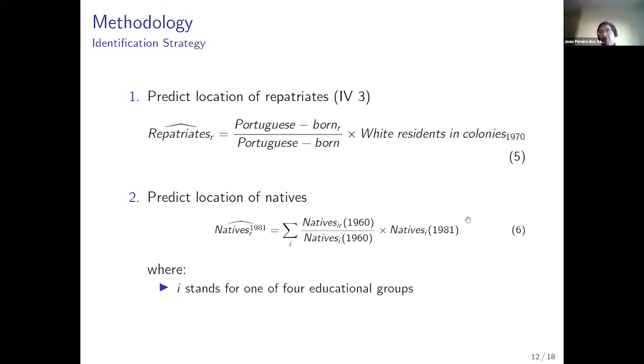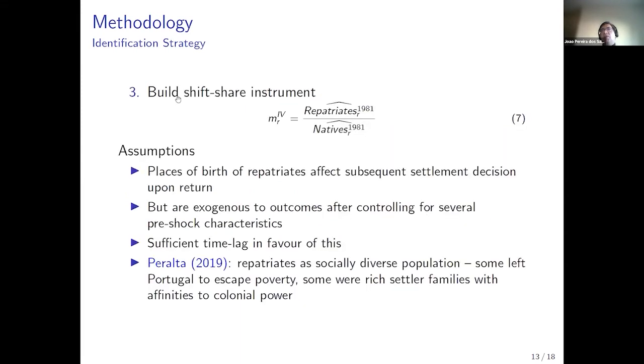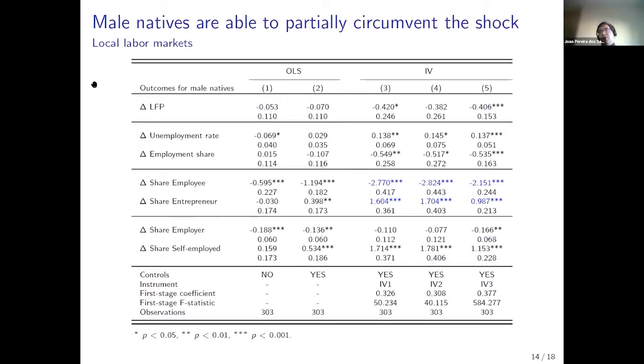This is going to be the same in the three IVs. So then we can build this shift-share instrument where we have our prediction of repatriates and the prediction of natives. So using this as our measure, what do we find? We find that a 1 percentage point increase in the share of repatriates will lead to basically a 14% to 15% increase in unemployment, a reduction of 0.5 percentage points, and then